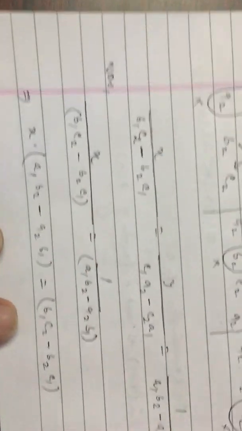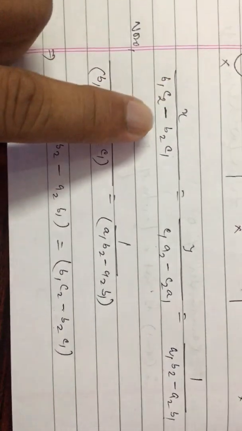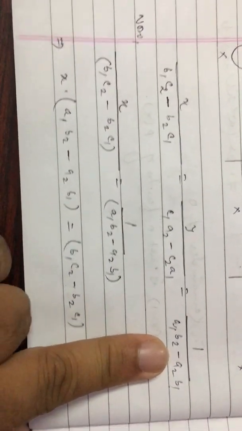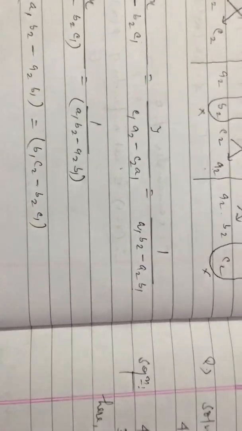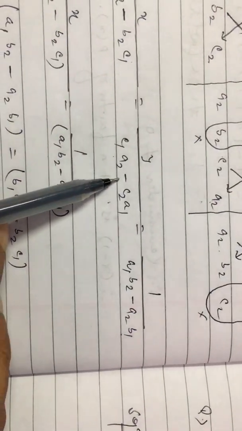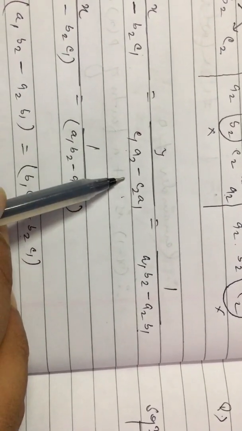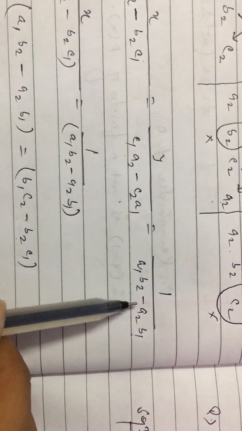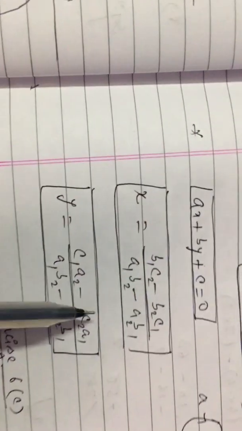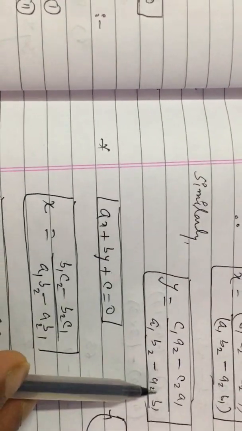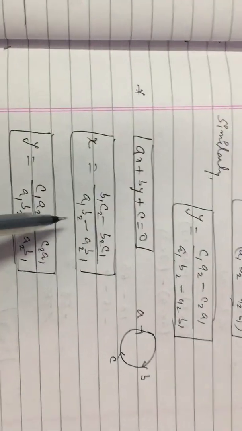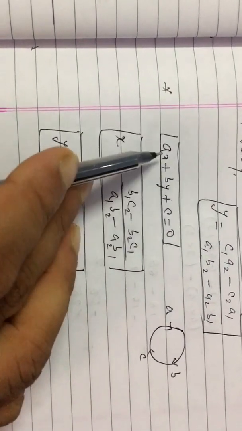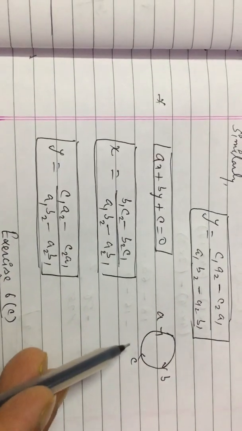So you can suppose that if you are writing the formula for x, whatever is in the denominator of x comes in the numerator, and whatever is in the denominator of 1 comes in the denominator. Similarly, if you are writing the formula for y, whatever denominator term is in y comes in the numerator, and whatever denominator is in the constant with 1 comes in the denominator also. Now see here, and for remembering this, you have to remember these two formulas. So it is the general form, and try to keep in mind this circle.